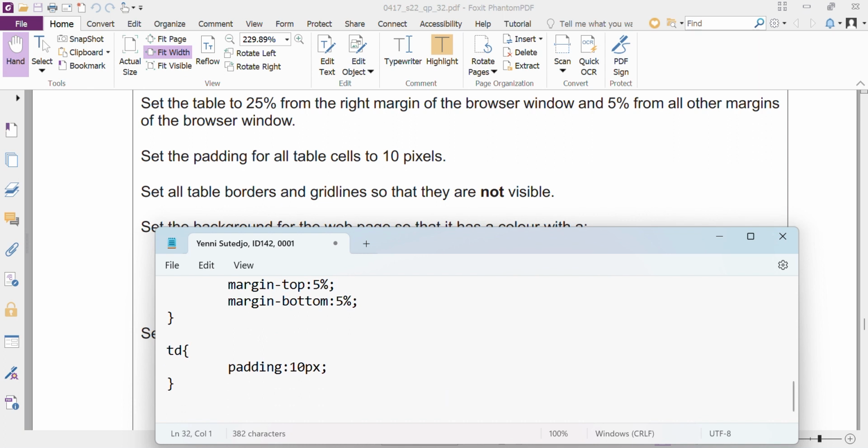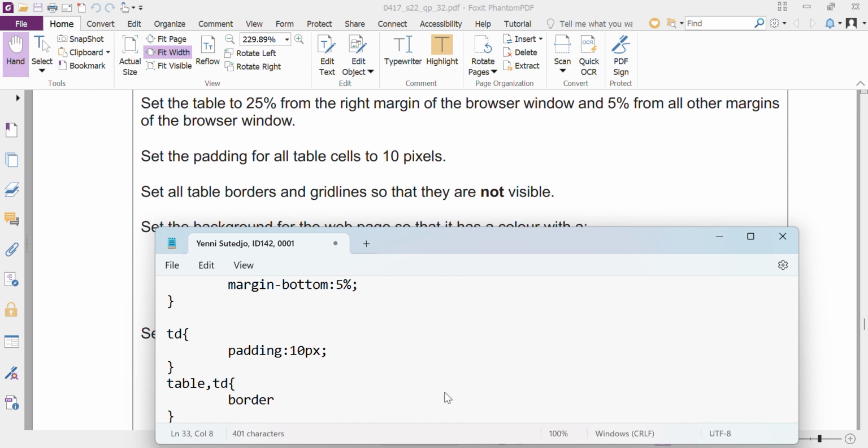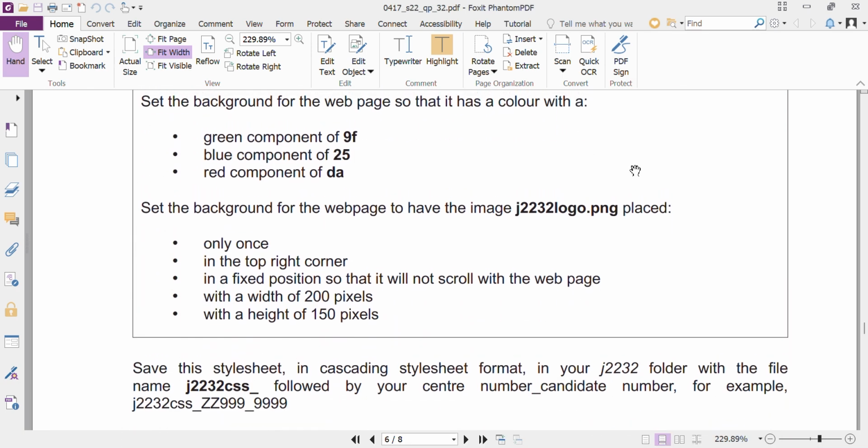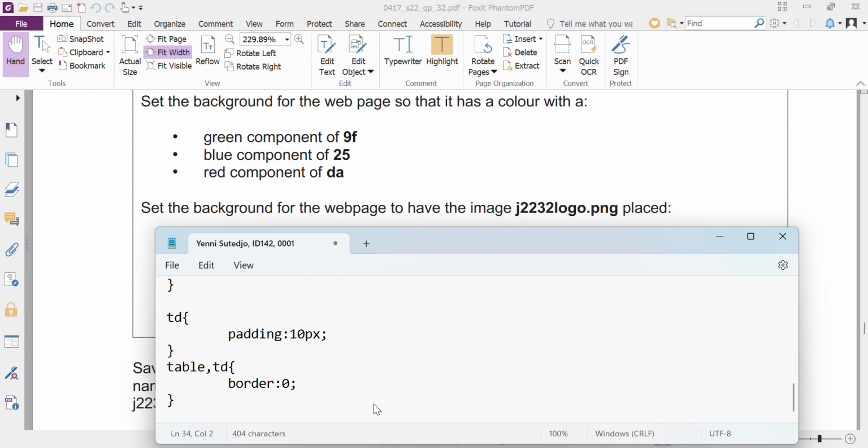So it is talking about the table and also the TD. Yeah. Curly bracket for that one. And then for none, not visible, you just write border and then 0 like that. And after that, set the background for the web page so that it has a color. Yeah. So now in here, you use the body tag,